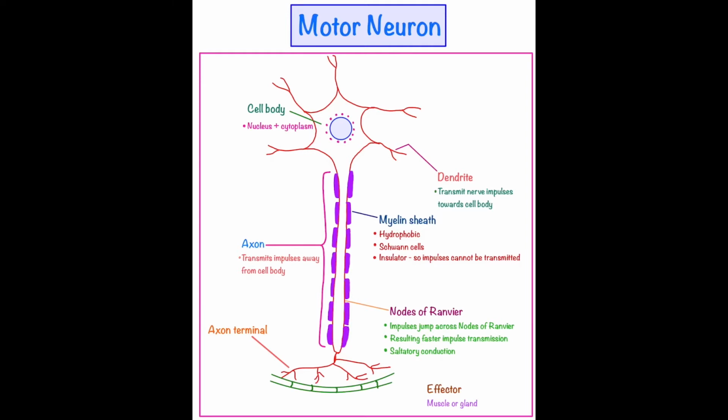So these dendrites are attached with the relay neurons. This is the part of the relay neuron. When the relay neuron sends the signal, it will be received by the dendrite. So what is the role of dendrite? It is going to transmit the nerve impulses which it is getting from the relay neuron towards the cell body. So from here it will transmit it towards the cell body. Clear? Now we have to also know about the cell body, what the cell body is.